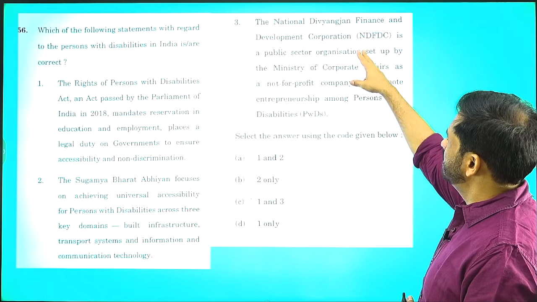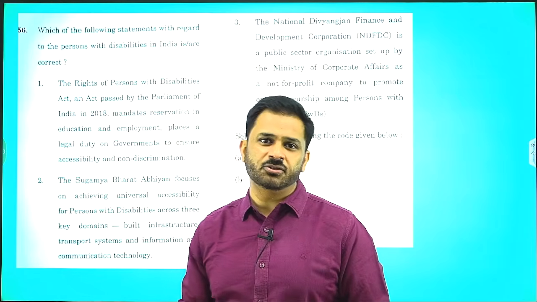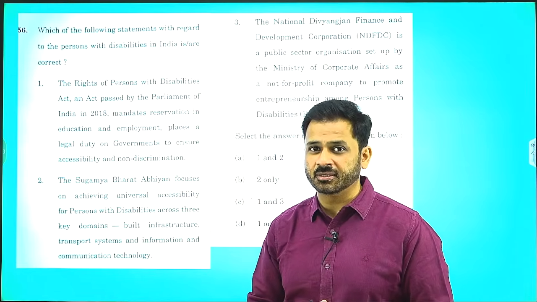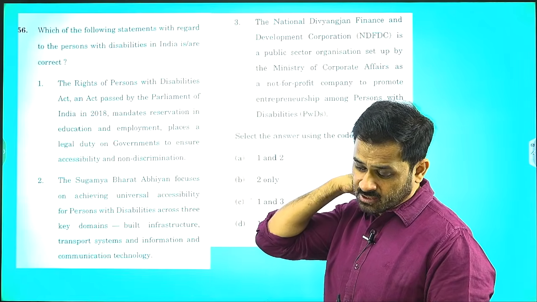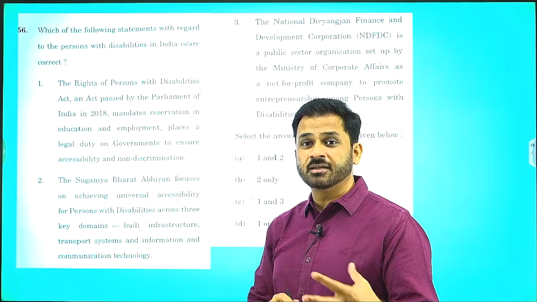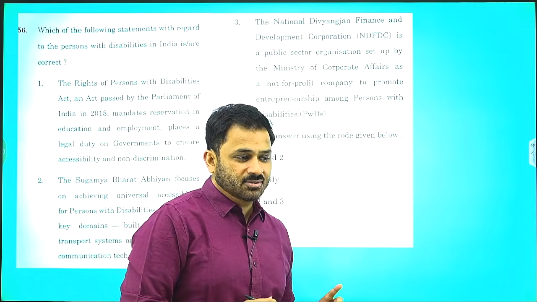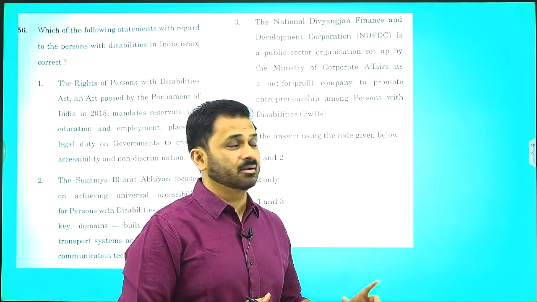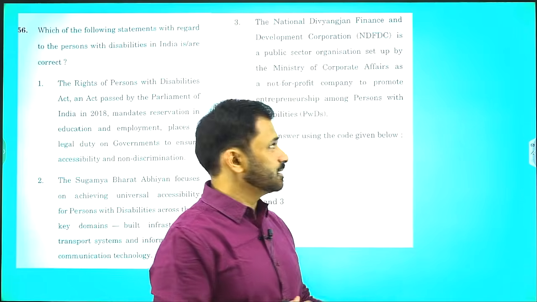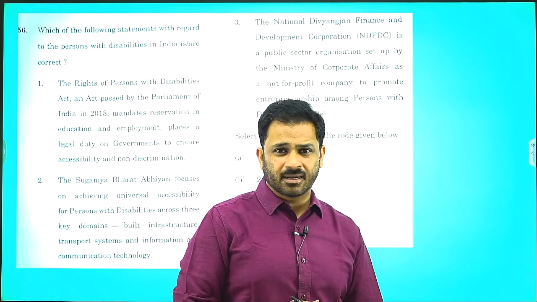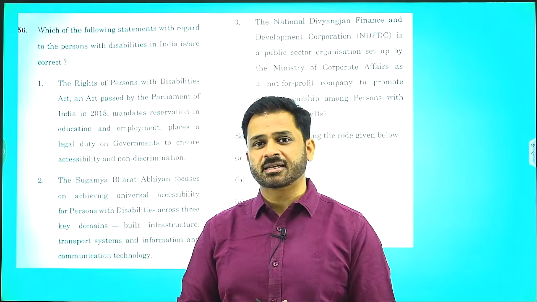So this will be run by that particular ministry which is responsible for this particular beneficiary group or this particular vulnerable section. And the ministry which looks after persons with disabilities is the Ministry of Social Justice and Empowerment. So they should come under the Ministry of Social Justice and Empowerment. This is again common sense. And please remember, while you study and prepare, please look into these aspects properly, right? Because by common sense you can answer. How can it be the Ministry of Corporate Affairs? The purpose of the Ministry of Corporate Affairs is not to directly spend on that particular vulnerable section, right?